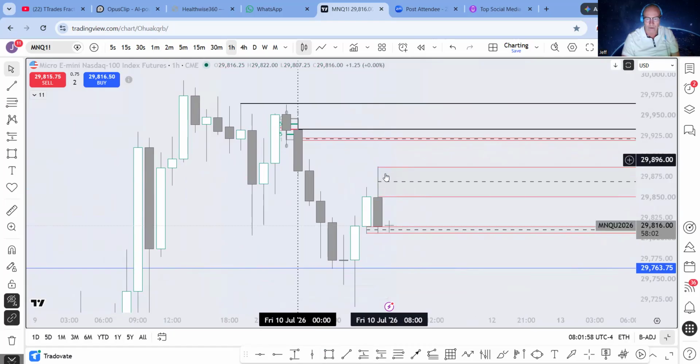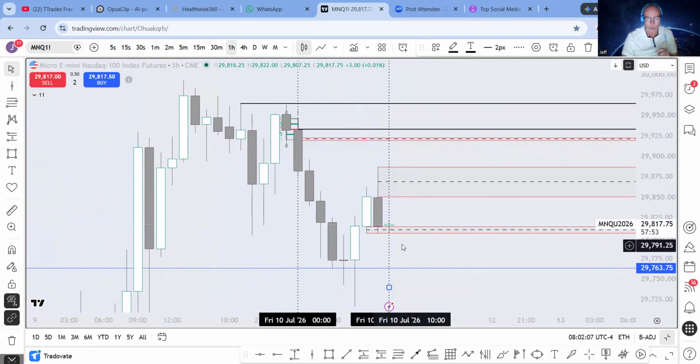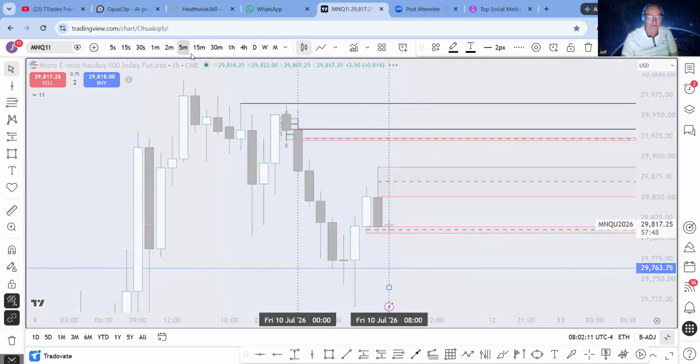Yeah, this is where it rejected. I'm going to trade this. They were looking to trade this hour here, which is now just past. This was what some people called the macro. It went down, went back up. Now for this, I can jump to the 5 minute